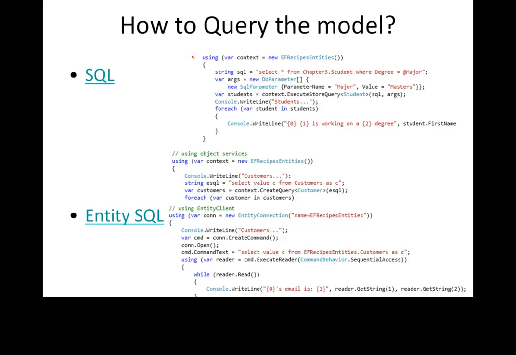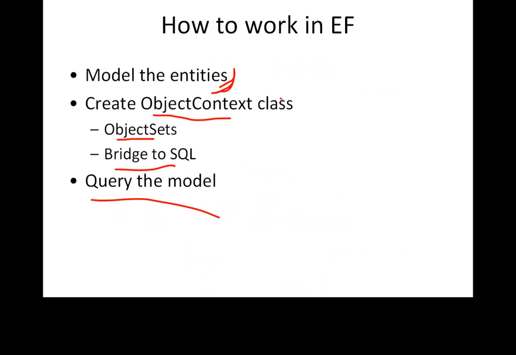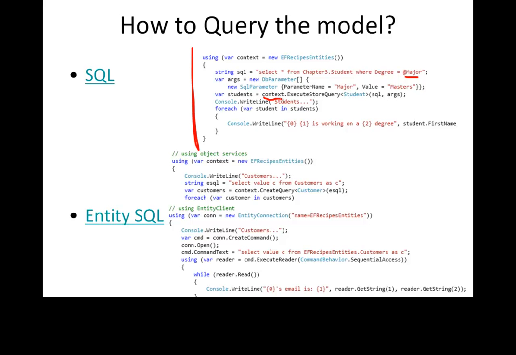The one is the conventional way, like we do in SQL. So we have a query, select star from students where degree is this. So it's a parameter, and then we create the DB parameters, we set the value of the parameter, and then we have this context class. This is the context class that we just talked about, the object context class which contains object sets and handles all the connectivity to the SQL. So this is the context class object. We say execute store query and we pass that string. This is a string query and all the arguments,